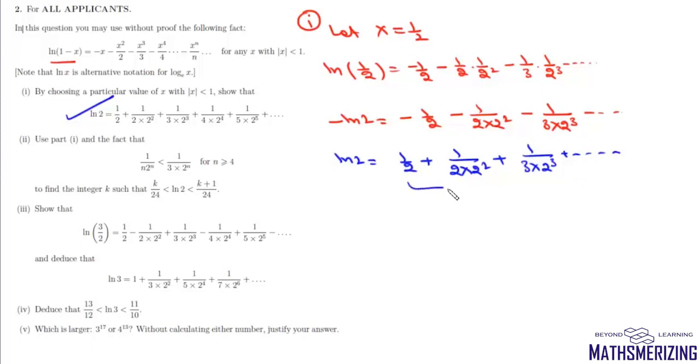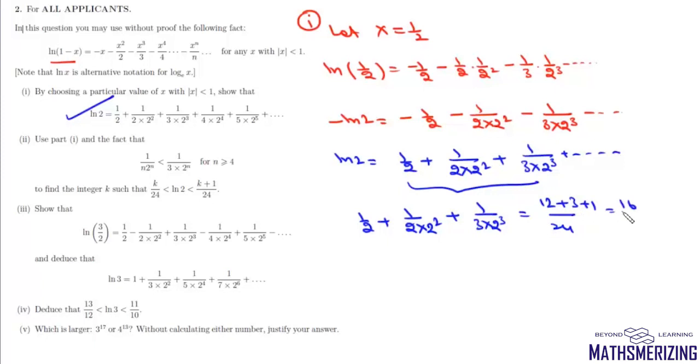Now if you look at the sum of the first 3 terms, this sum will be 1 by 2 plus 1 by (2 into 2 square) plus 1 by (3 into 2 cube). Now this is 12 plus 3 plus 1 over 24, which is 16 by 24. So this log 2 is the sum of the first 3 terms plus other positive terms. So we can write this log 2 will be greater than 16 by 24 and will be less than 16 by 24 plus